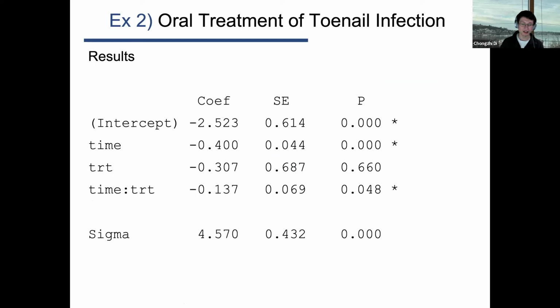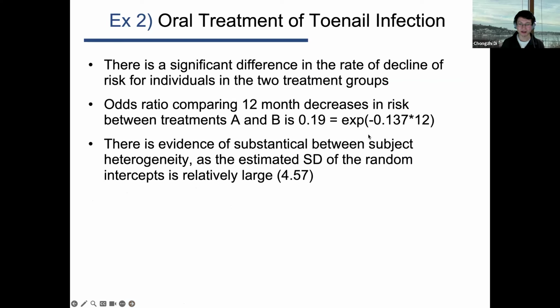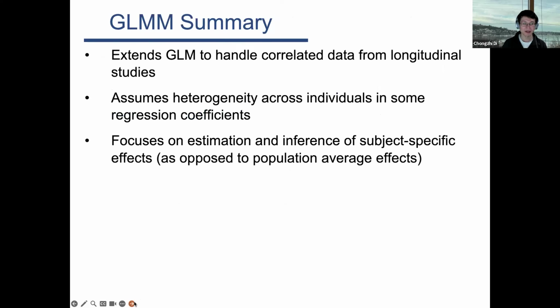So in order to estimate the pre-post difference, we multiply this number by 12. That will be on the log odds ratio scale, and then we can take the exponential to get the odds ratio scale. If you actually do the calculation, it shows us the odds ratio comparing 12 months